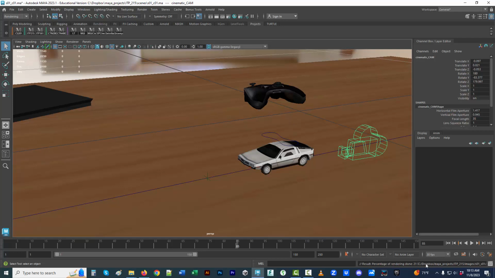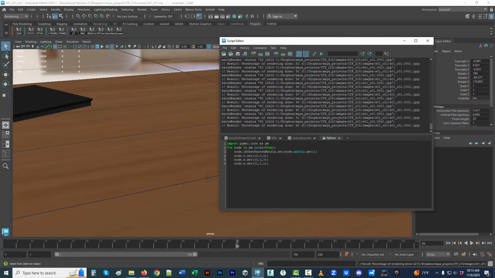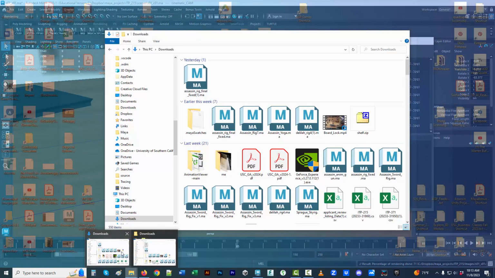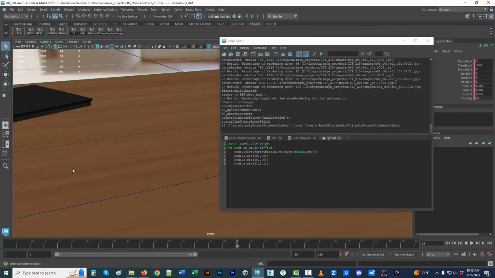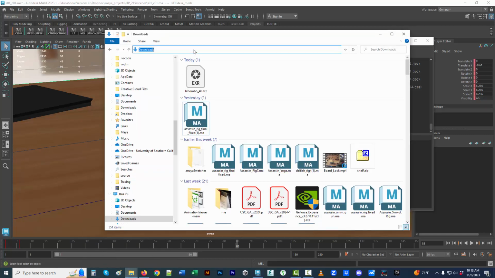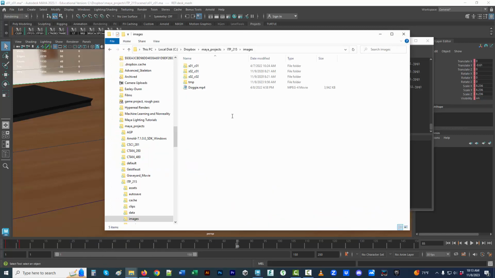Now you can see the percentage of the rendering done. If I click on the script editor, it's actually more descriptive, and it tells me exactly where it's saving things, which allows me to check on just 2 images before I try to run 150. And that will be invaluable for me, because that allows me the chance to check on the renders themselves with just 2 images before I set things in motion to go the full range. Those of you on Macintoshes, you want to make sure that your permissions are sorted out so that it can save things to the right